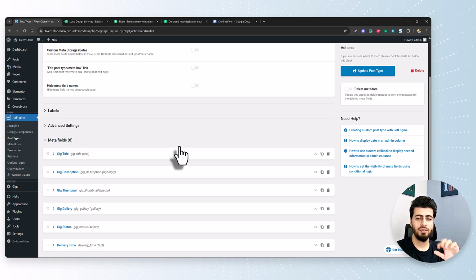The reason for that is JetEngine has a built-in profile builder. So right now we don't need to create a custom post type and go through all of that hassle. We can just focus on JetEngine and its internal feature. So what we do is go ahead to